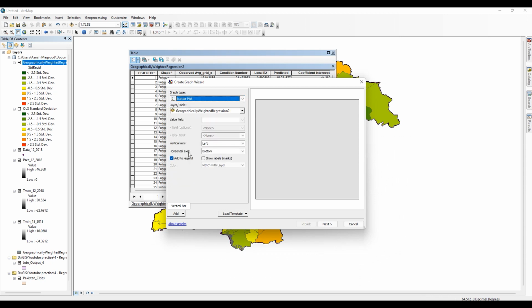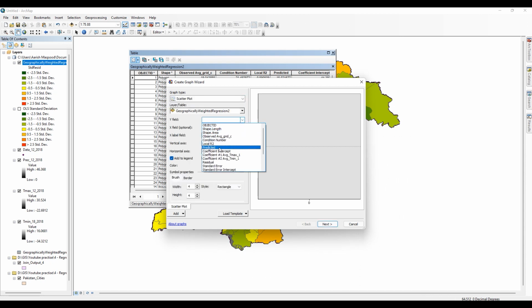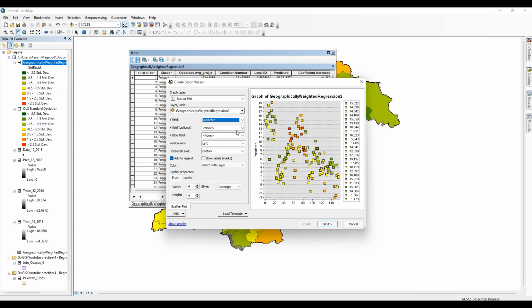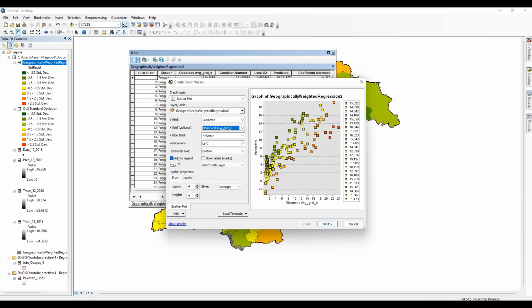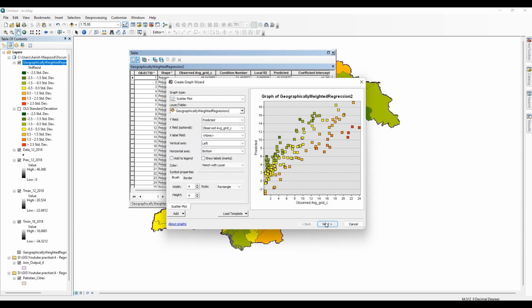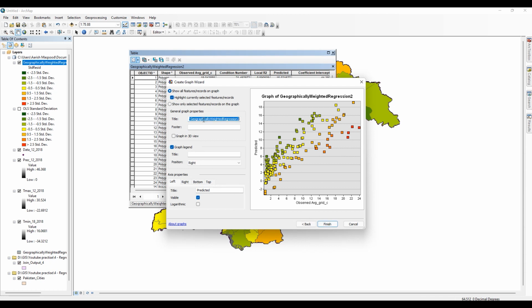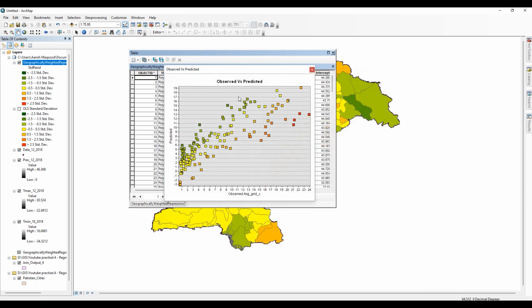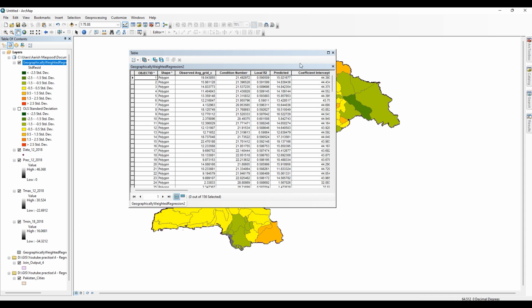Select the graph type as scatter plot, set the y field as predicted, and click on next. And click on finish. So this is the graph for geographically weighted regression. We can add it on our layout later and close this window.